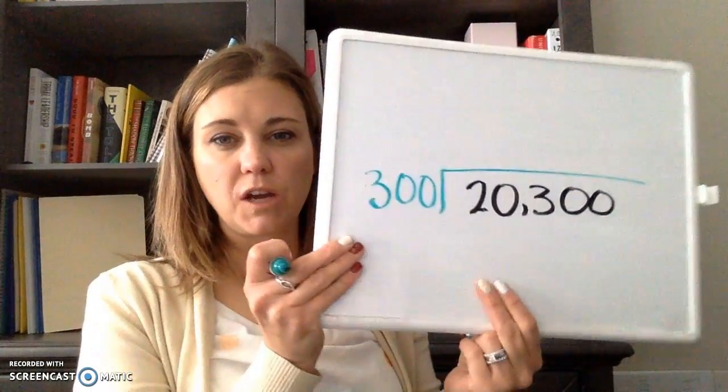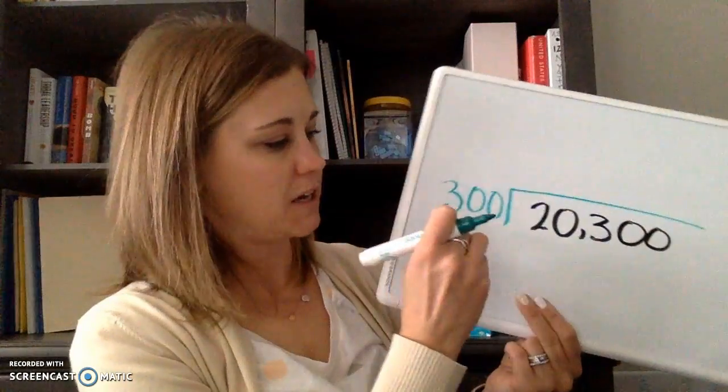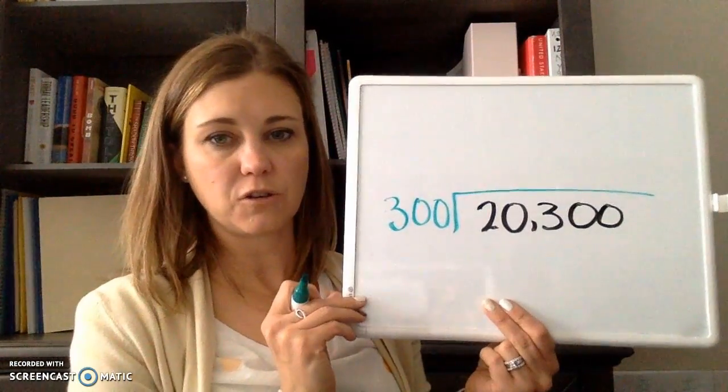And then my divisor is that bucket because I need to know how many of those buckets will fit into my dividend. So I have one bucket is 300 milliliters, and I need to find out how many buckets I can do to get to this number. So let's think through